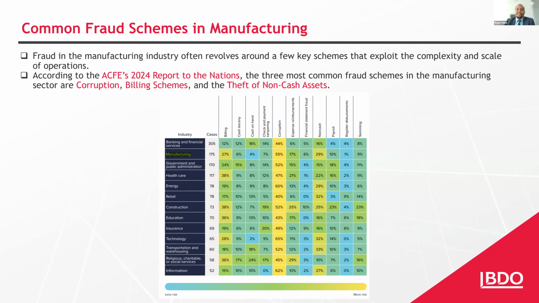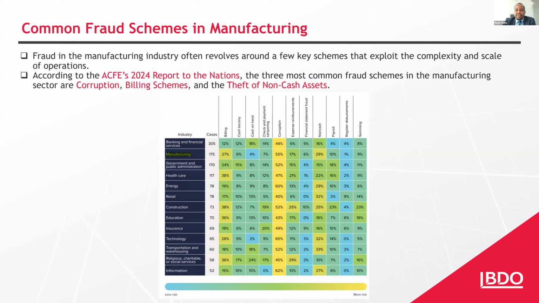To expound on them a bit further, bribery and kickbacks occur when employees or decision makers accept payments or gifts from suppliers, contractors, or vendors in exchange for some form of favorable treatment. For instance, a procurement manager may award a contract to possibly a subpar supplier because they have received an under-the-table payment. And this type of arrangement not only results in the company possibly overpaying for services or materials, but it also compromises the quality and the efficiency of the company.